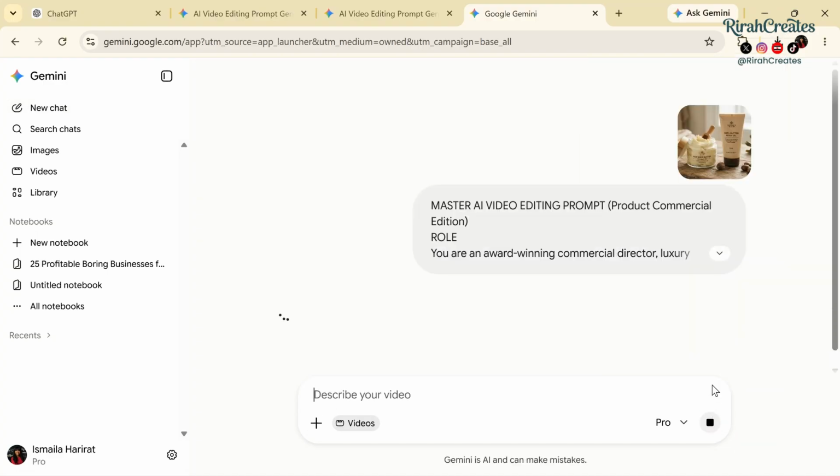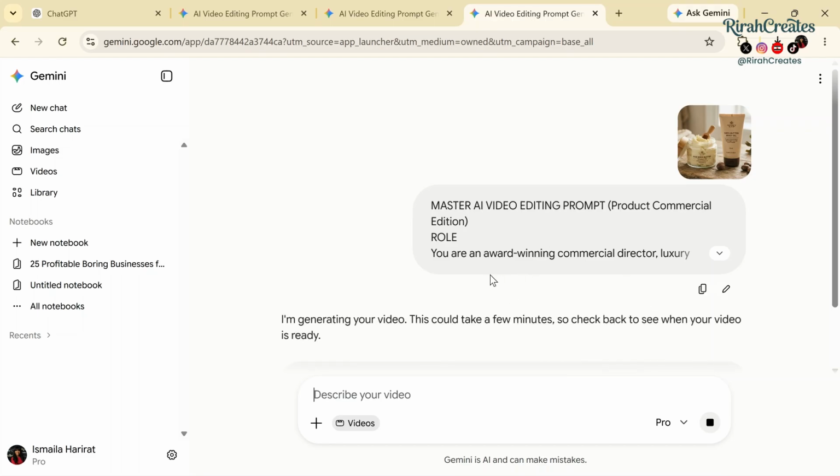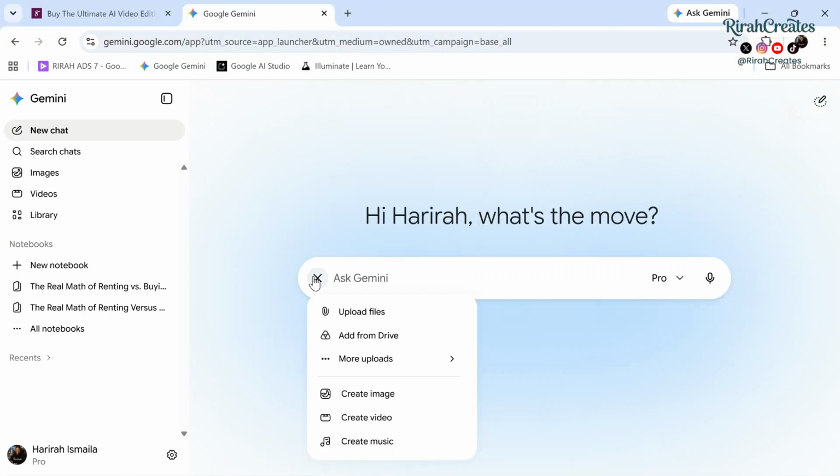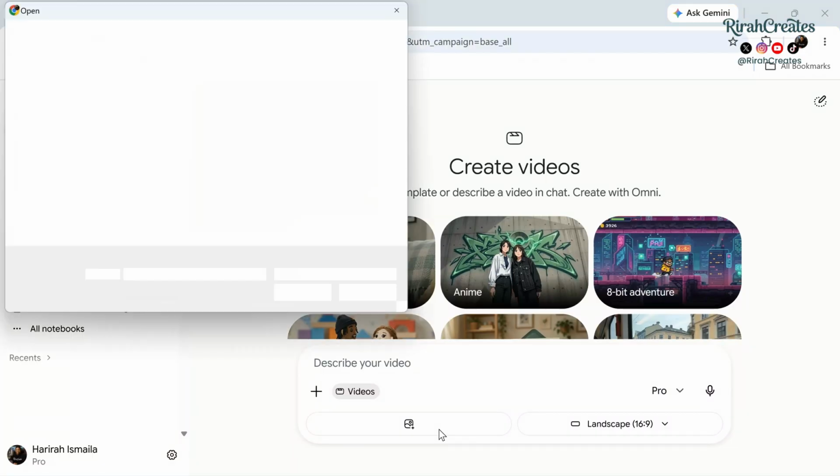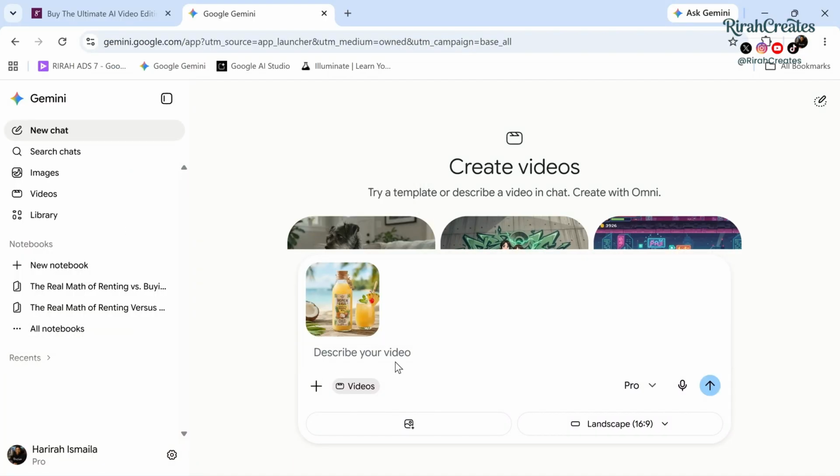Try this out. So this is exactly how you can get different shots. This is how you can make your products look like it was shot in a sleek studio. Now if you want to change the setting, let's just say you don't like the setting, you can also tweak the prompt and add that, like you want it to completely change the setting for you. Let's try it with another video. So click on the plus icon. Click on create video, then add an image. Though I like the setting of this one, but let me just still add it. Completely change